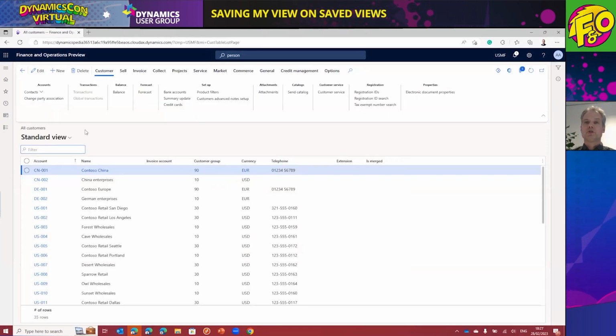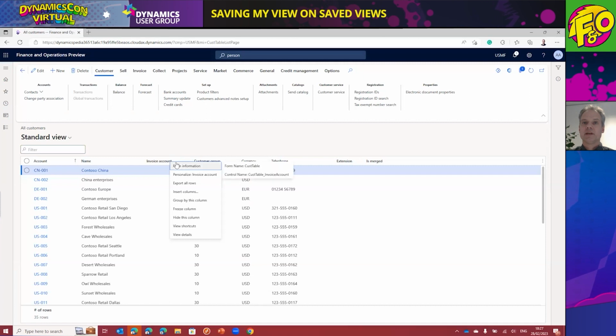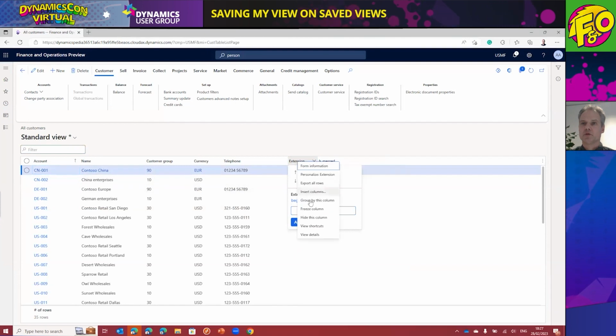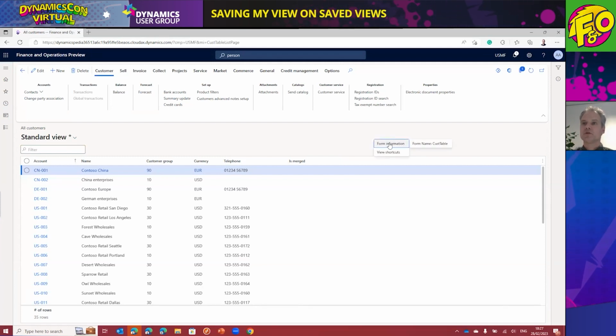what we were used to having in the past is that we could go to a particular field and say, I want to hide this column. And also if the extension is not used, it would be possible to hide this column. And you could also move things around a bit. But while doing those personalizations, it was also an option to go to the form information